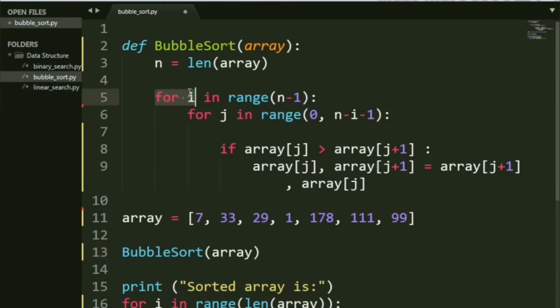Now the first outer loop that you see, remember I had spoken about 2 for loops coming into play. This is it. So for i in range n-1, this is something we already know the logic behind. Now let's actually concentrate on the second loop. Okay, so you see this weird number here, that j is ranging from 0 up to n-i-1. Now, why is this happening? Where is this coming from?